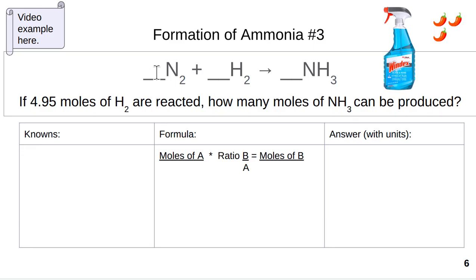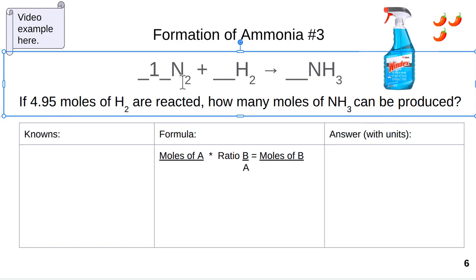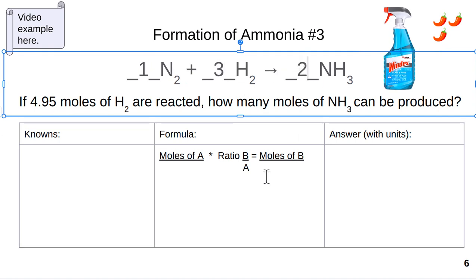If you balanced it correctly, you would know that the coefficient is going to be a 1 in front of the nitrogen, and you don't need to put the 1, you can leave it blank, a 3 in front of the hydrogen, and a 2 in front of the NH3 or ammonia. So we're going to need these coefficients because they are also considered to be a ratio of the moles or molecules of one substance to another substance in an equation. This means that I need 1 mole of nitrogen and 3 moles of hydrogen in order to produce 2 moles